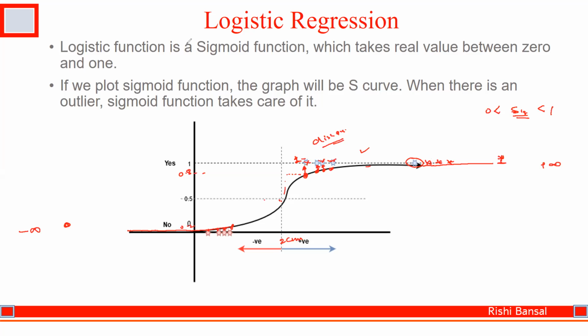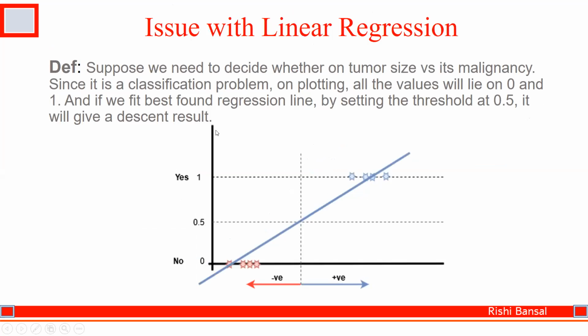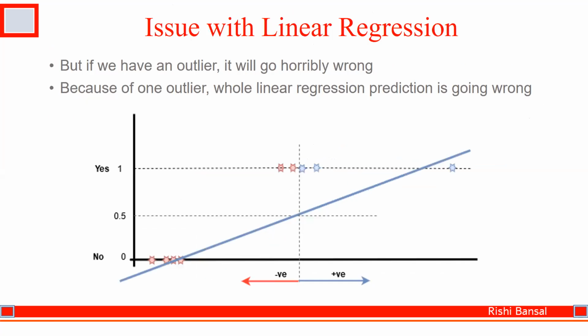Everyone clear? Yes. So Rishi ji, even linear regression also can be called a classification type, right? No. Because even in that line, if the dots are falling more than 0.5 towards positive, then it was going to be having disease. Correct. But that is the explanation: if you do that, you will get wrong predictions, because the outlier impact will be more in case of linear regression,